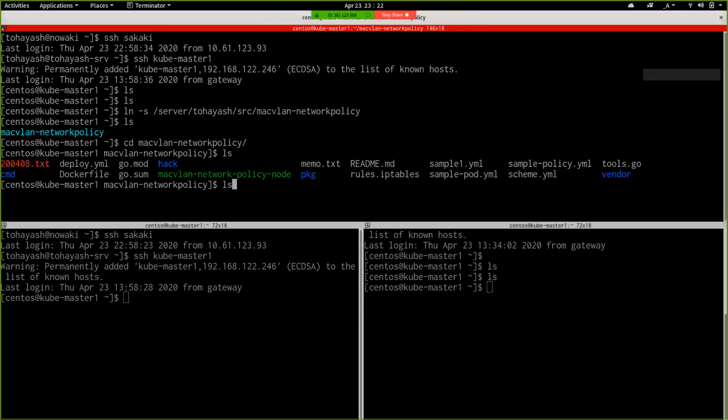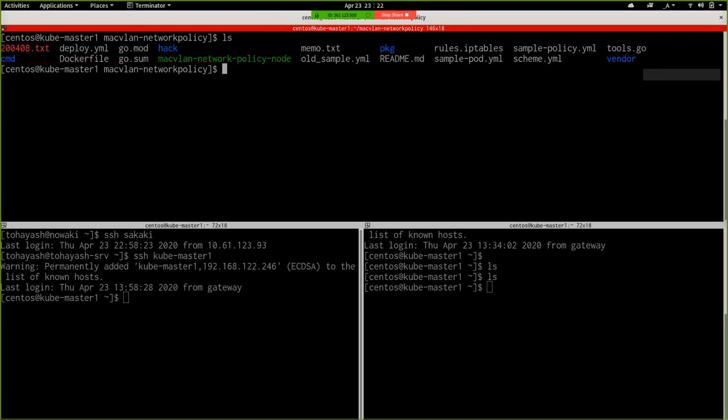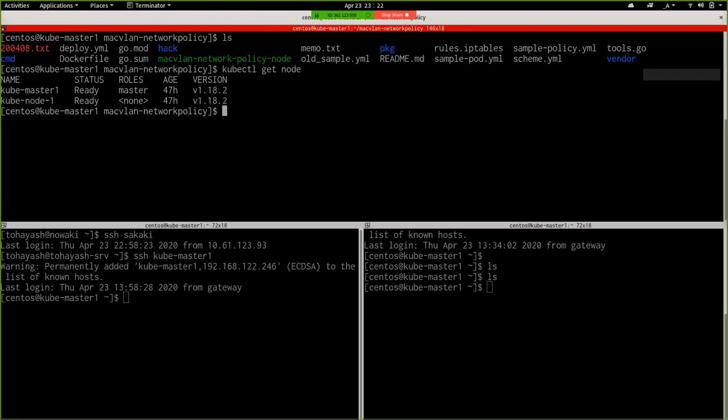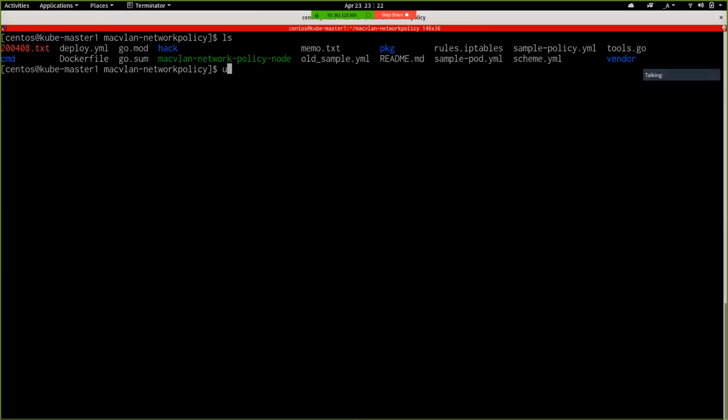Okay. So let me update my progress on that. Here is the Kubernetes cluster, kubectl get node. There is the one worker node and the one master. And then currently the kubectl